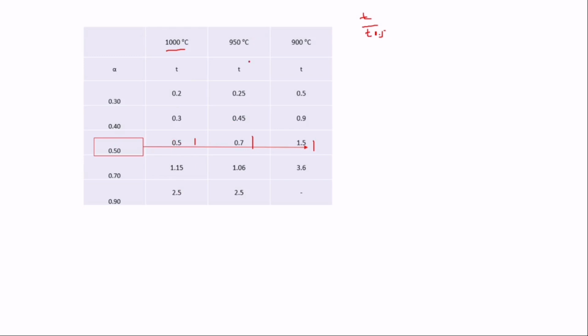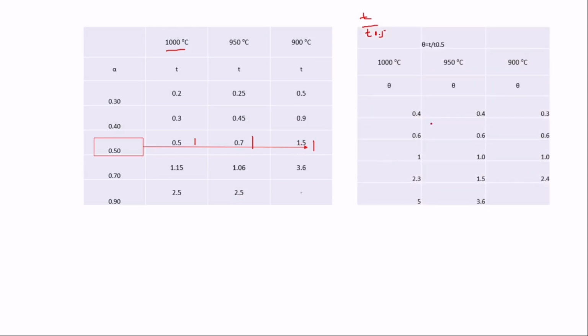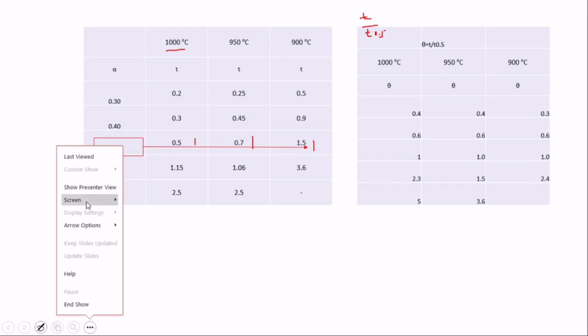Then you go to the second temperature, which is 0.7, so you divide all this by 0.7. And the third temperature was 1.5, so you divide all by 1.5. When you do that, you're going to get this table. Let me take my calculator and show you what I'm trying to tell you. So with my calculator,